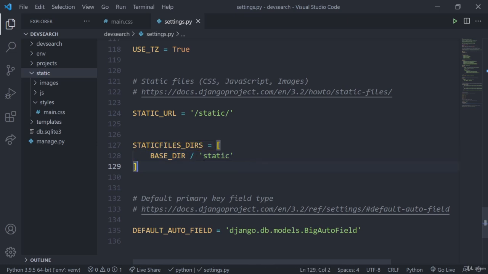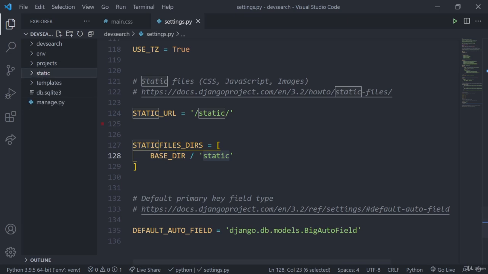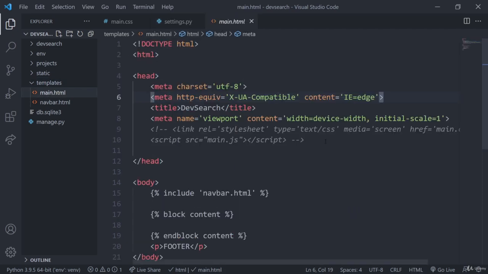So this one, or we can revert back to what we just had. Let's go ahead and actually add some of these files into our template. Django now knows about this static folder, so it looks in here and knows that we have this. To actually apply a static file into our template, we're going to go into main.html, and let's go ahead